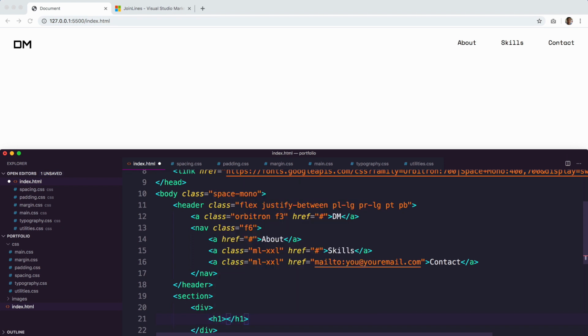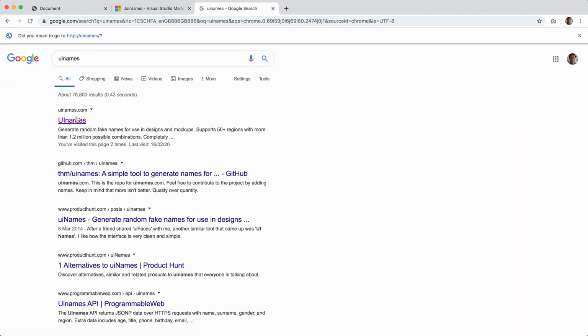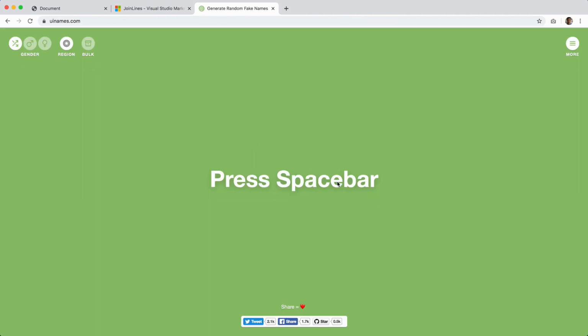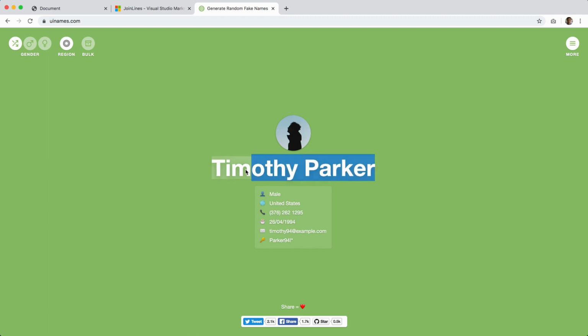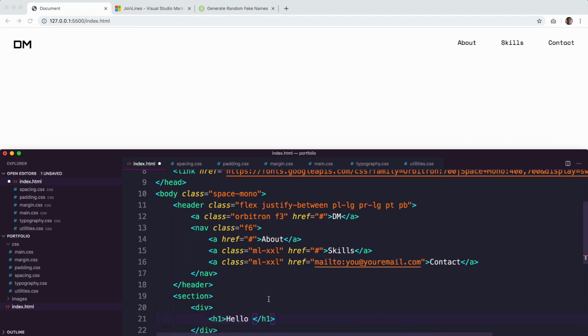So we can say hello, and a really good resource to use is UI Names. If you want to think of names, or you don't want to think of names, this is quite a good project. So press spacebar, Timothy Parker. Okay, so let's get this. So Timothy Parker. So hello, I'm Timothy Parker, a front end developer from London,